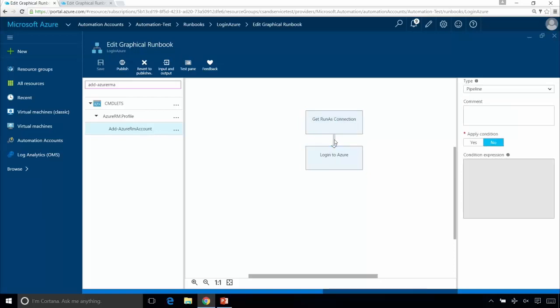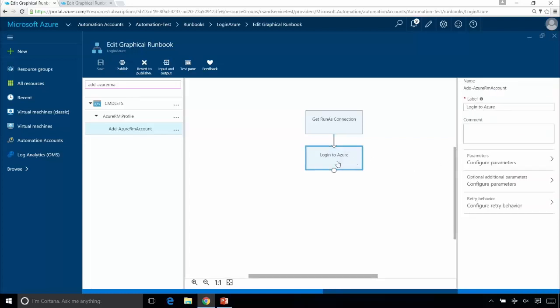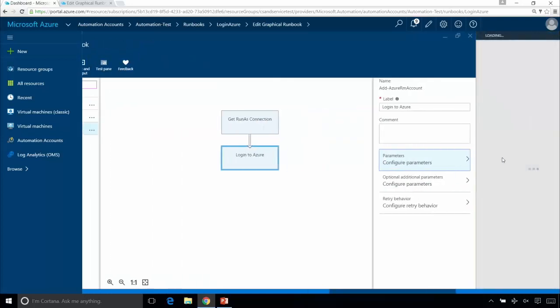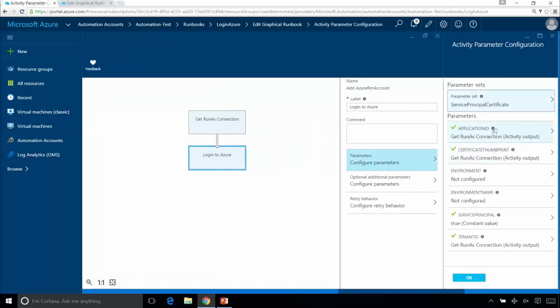So I just want folks to be aware that there are these two different pipeline types and two different link types, and we'll talk about those. Right. Anyway, and then log into Azure. We're going to go in here to the parameters, and you'll see that one thing